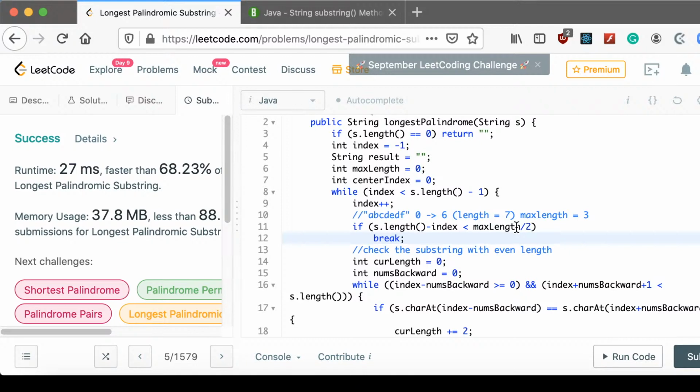When s length is 7 and the max length is 3, if we run to the index here, it is 5. No way I can find a better result. So if the index equals 5, I have to quit. So s length is 7 and index is 5,